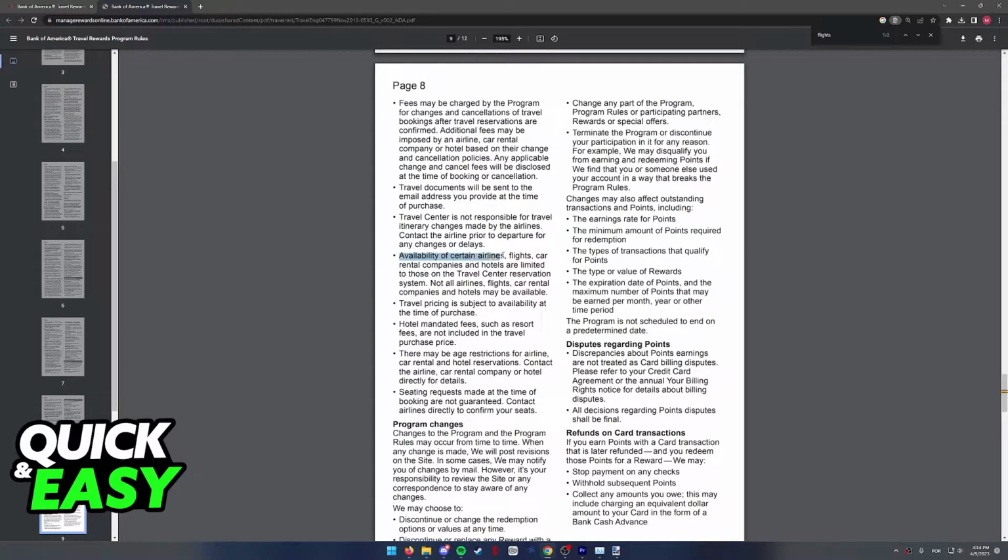Availability of certain airlines, flights, car rental companies, and hotels are limited to those on the Travel Center reservation system. Not all airlines, flights, car rental companies, and hotels may be available,